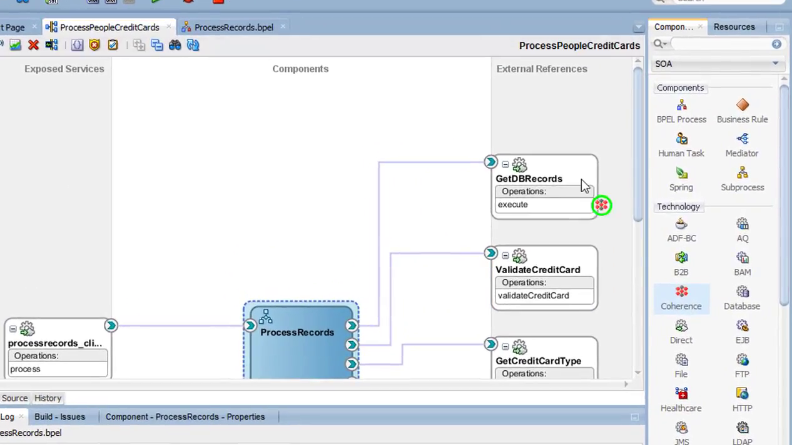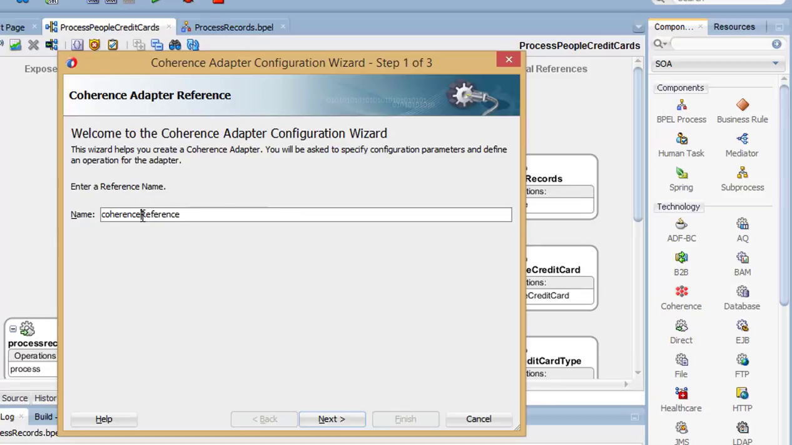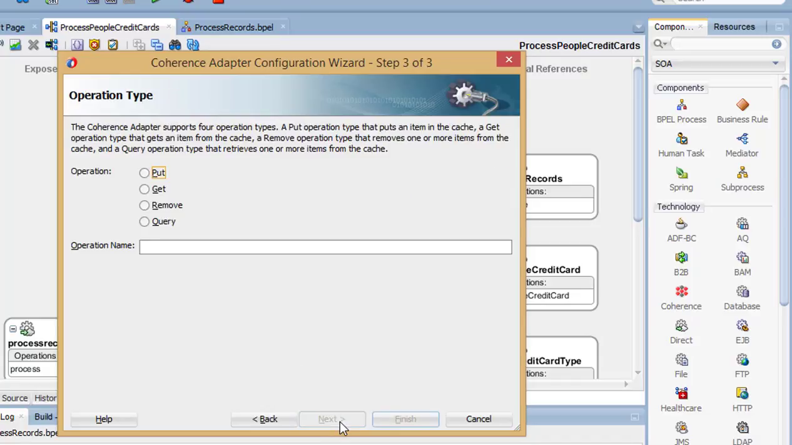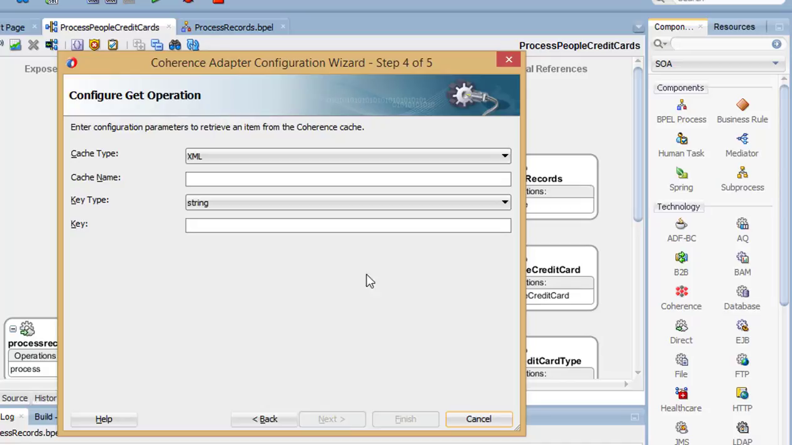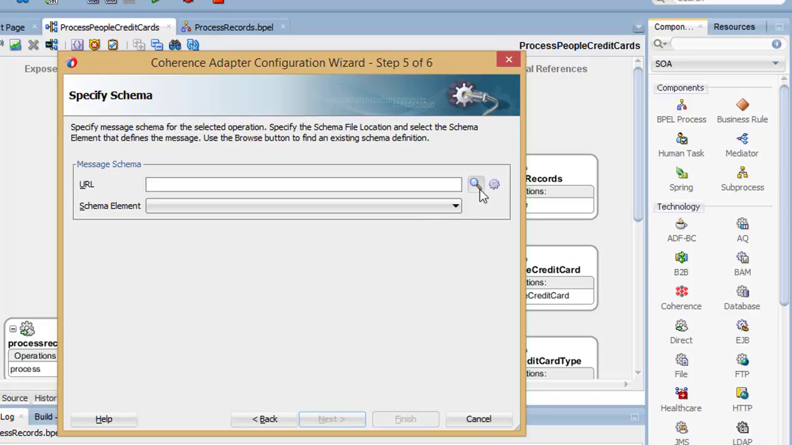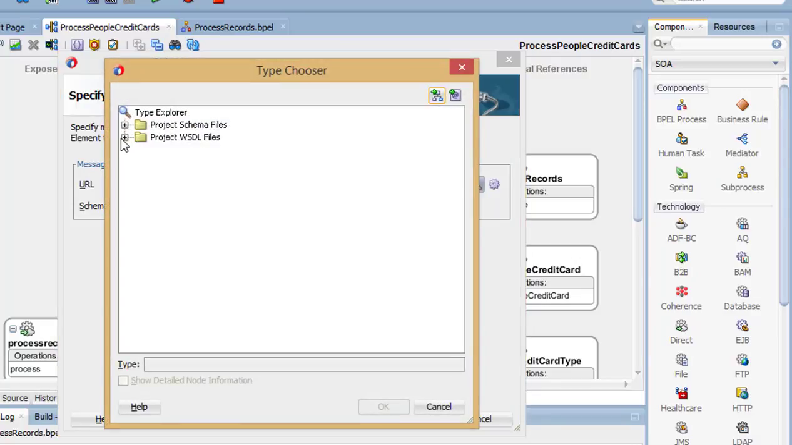Now go back to JDeveloper and add the specification to get the data out of the cache. Drag another Coherence component to the external references. Use the same JNDI name as the put, and indicate this one is a get. Use the same cache name as before, and acknowledge the key needs to be set at runtime. Select the same schema indicating the data type,